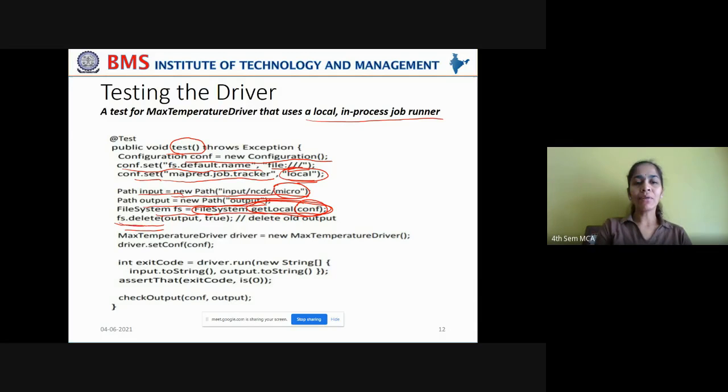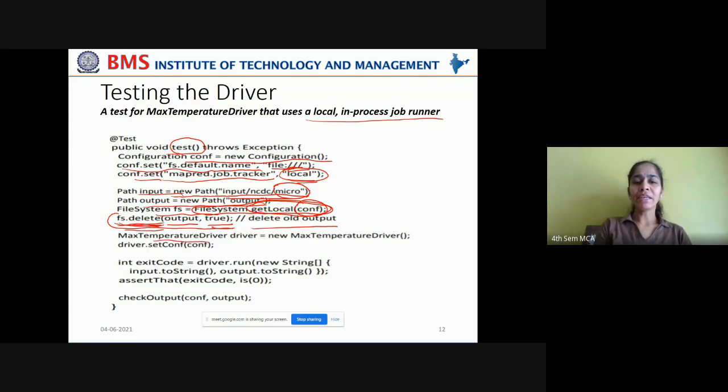For that, overwritten means they have to be deleted. For that, you are using fs.delete the output and set it to true, so that the previously existing file system's configuration will be deleted and new file system configurations can be added, right? For that, you're deleting the old output.